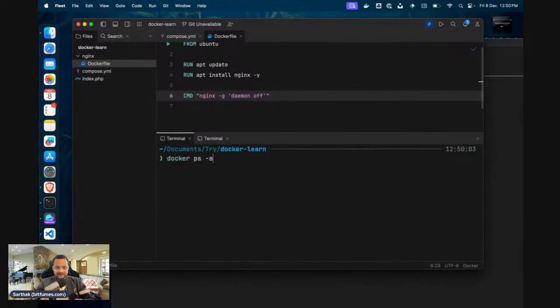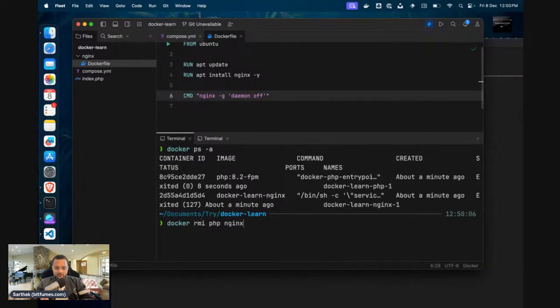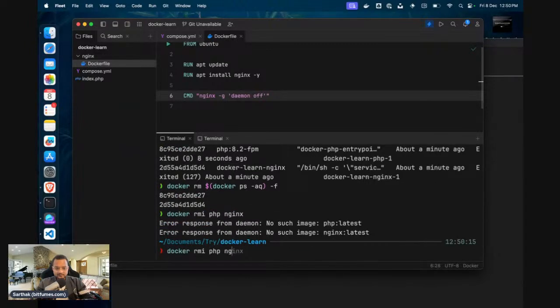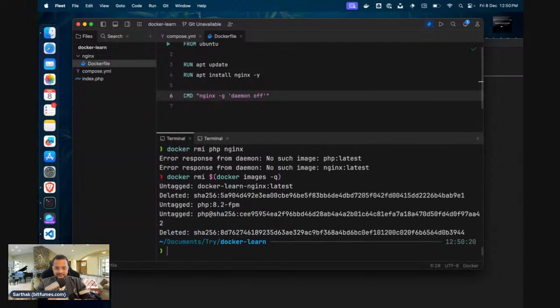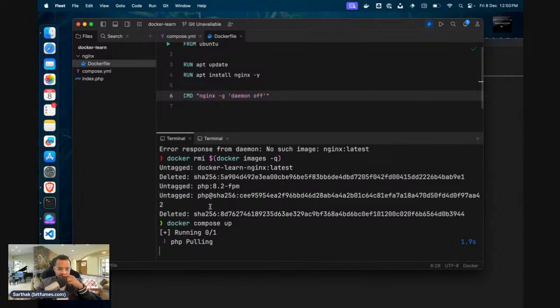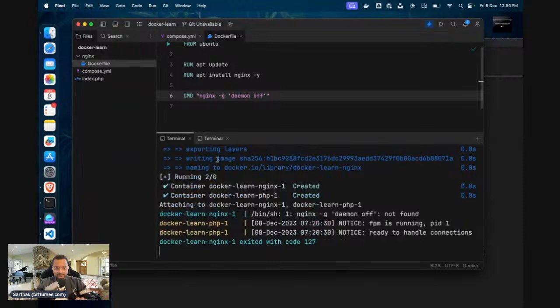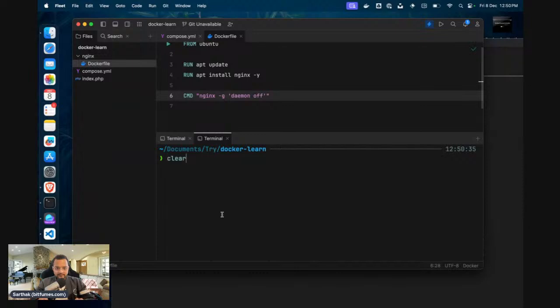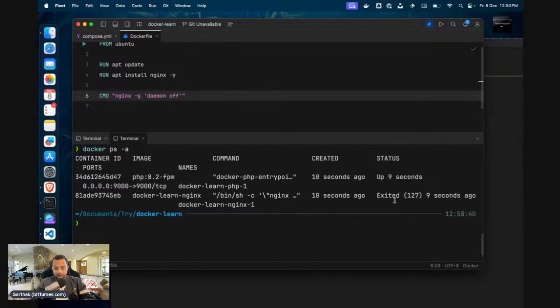So I can remove all the running containers, and I can remove any running images, and like this. And I can now use Docker Compose up once again to run everything and check it out one more time. And now you can see this time both are, oh, so this one is still